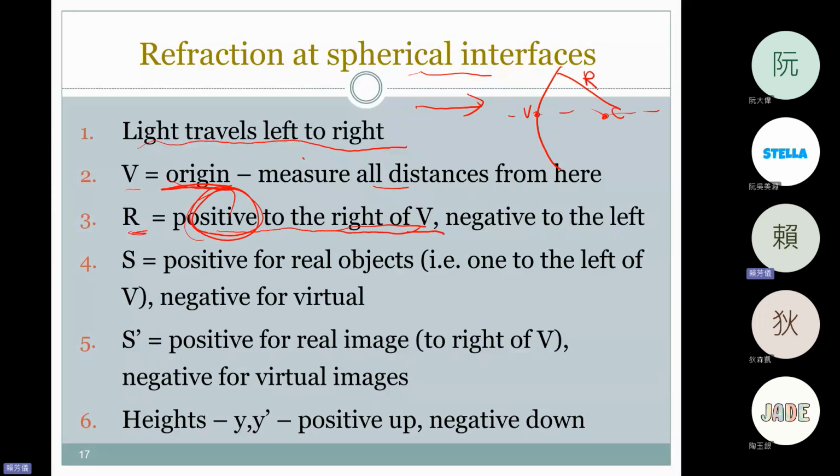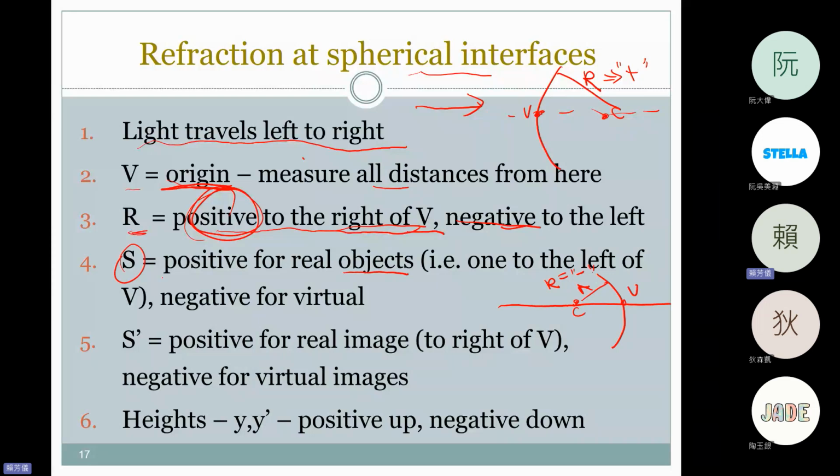So the R is positive. Okay, and for another one, this is V, and the C is here. So the R is negative. Okay, and the S is the object distance, and is made from the V,